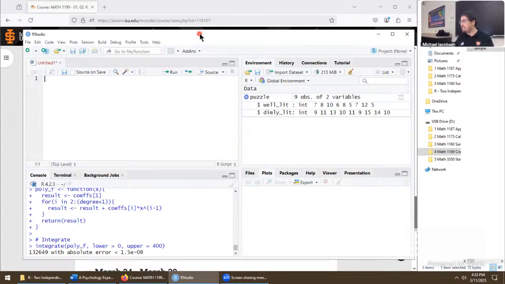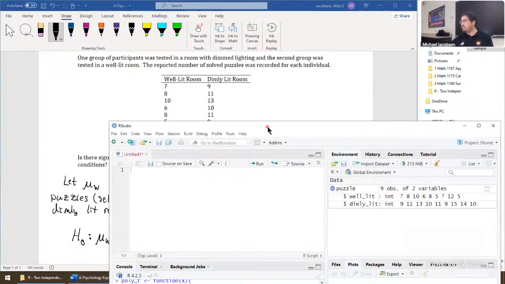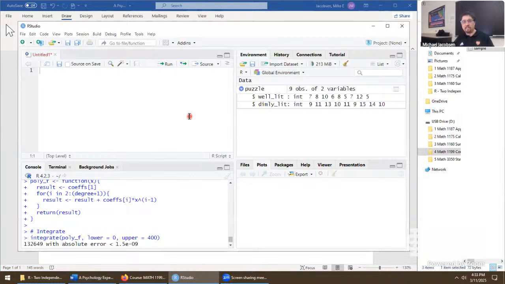Okay, let's go on to the next step of the analysis. We're trying to address these hypotheses. Then usually what we would do is select a test that we think can handle them. This has 2 independent samples, so t.test should do the job for us. But when it comes to statistics, everything has conditions. Really, the first thing we're going to do is see if our conditions would be met. So we're going to visualize the data to check conditions.